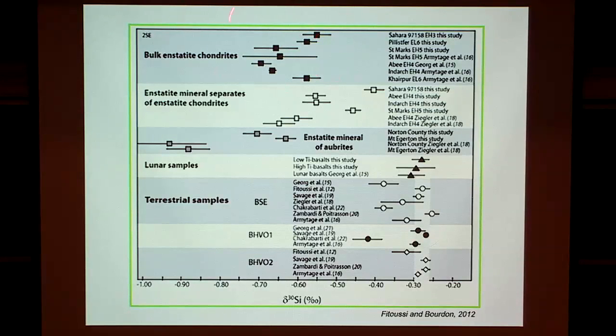The point is that the enstatite chondrites, okay, are not like other chondrites. So this is Earth. This is terrestrial. You notice there's a difference, okay? The Chakrabarty data we'll ignore for now, okay? Because they're very different than everybody else's. So we're just going to assume that this is chondrite, and here you have bulk enstatite chondrites. And what they've done